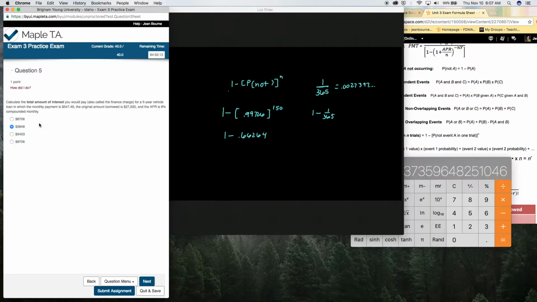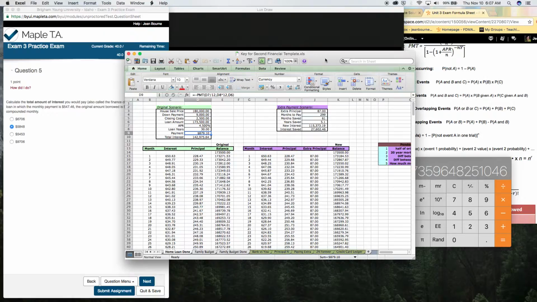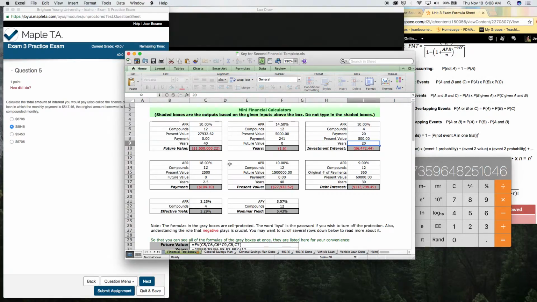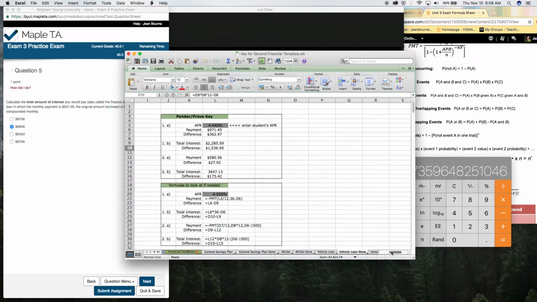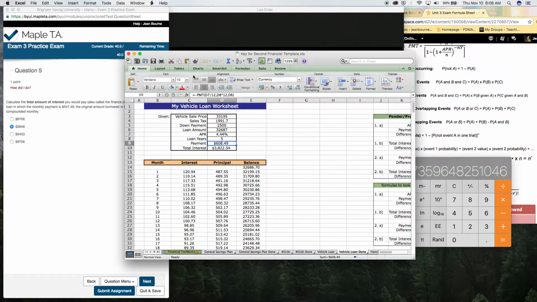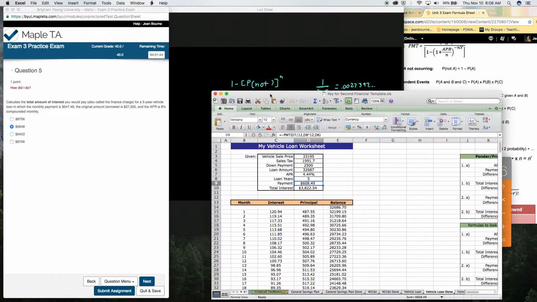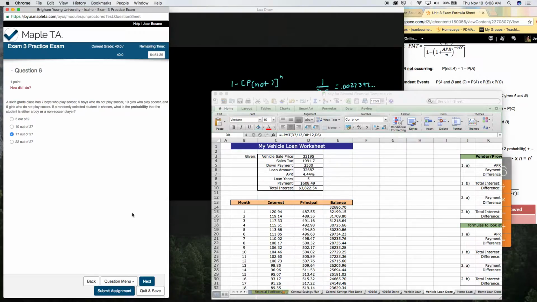Just a word on these. Anytime you have to do interest, you're going to use this. You can use that horrible formula, but who wants it? Not I, said the fly. Okay, so you can come to your financial toolboxes for some of these. If they want, like on this one, your debt interest. You can also go, like on this one, it's the vehicle loan, so you could go to your vehicle loan, done. Again, on this one, just make sure that your payment is set up as a payment formula and not just a number, otherwise it won't work. And if you're not sure how to do that, you can go back to the tutorial. And yeah. Okay, so next,